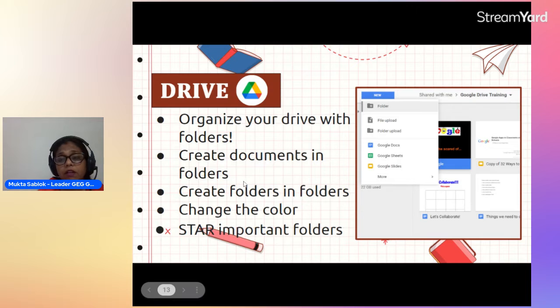We can create documents in folders. We can create folders inside our folders, which are known as subfolders. We can change the color of the folder to make it distinguished from others. We can also star important folders. If any folder is important, we can have it starred as an important folder.